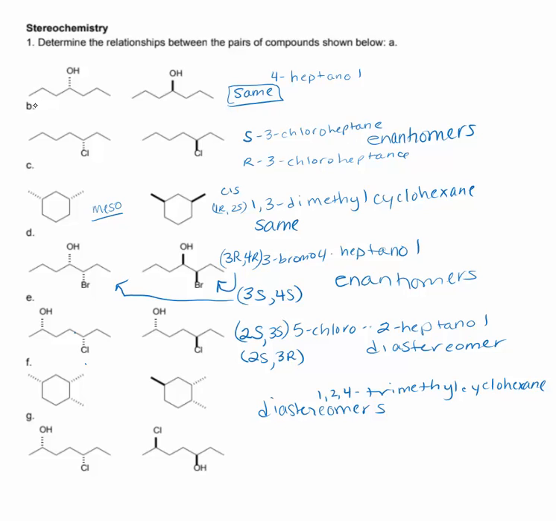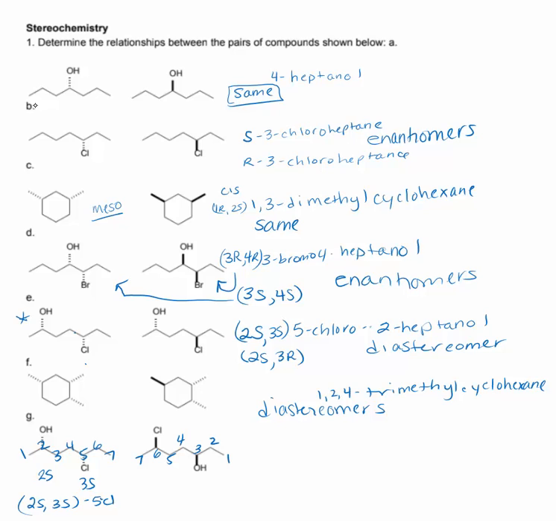For G, it looks like the same molecule as up here. So the left molecule is 2S, 3S, but here it got a little tricky. So we need to name this one. 1, 2, 3, 4, 5, 6, 7. So this molecule is 2S, 3S,